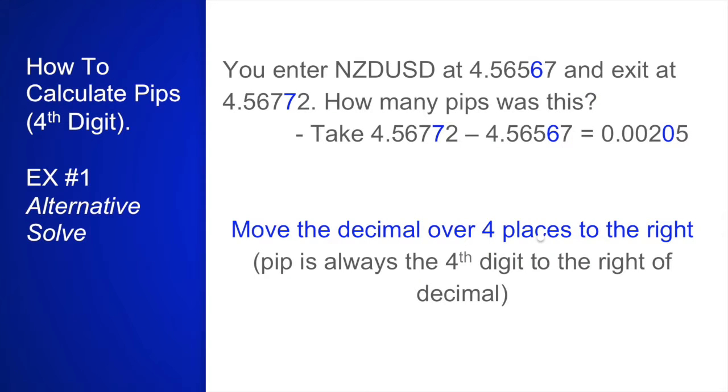Now, if dividing numbers gives you the heebie-jeebies, there's a whole other way that you can solve this. There's an alternative way, and this is the way that I personally like to use, because I don't like dividing numbers either. I'm not a dividing type of person. If you move the decimal over 4 places to the right, remember, the reason why we're moving it 4 places to the right is because the pip is the fourth digit to the right of the decimal. So if you take that point where it says equals 0.00205 and you